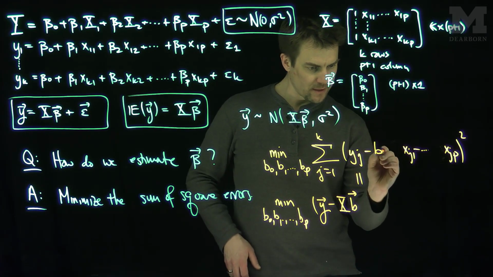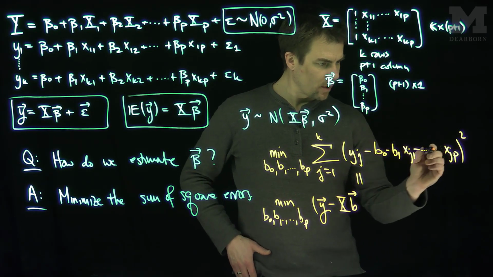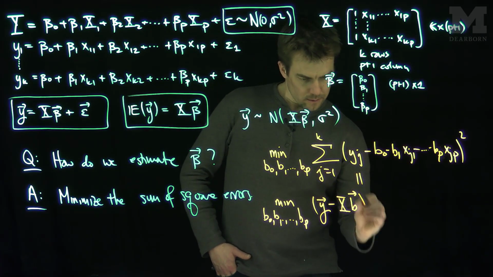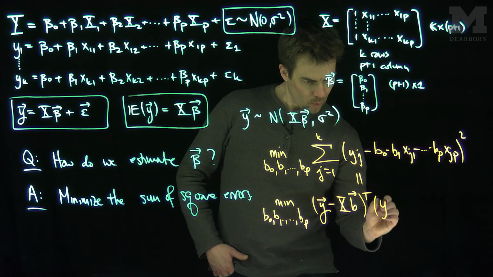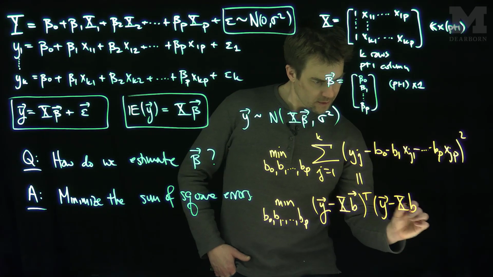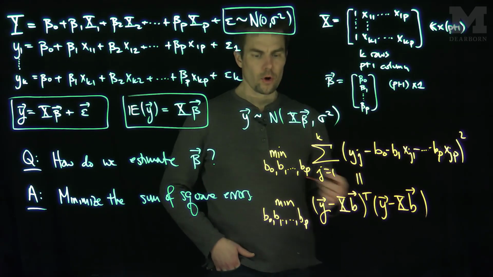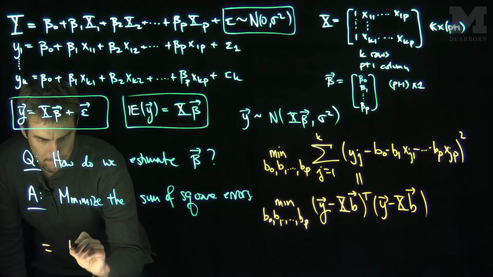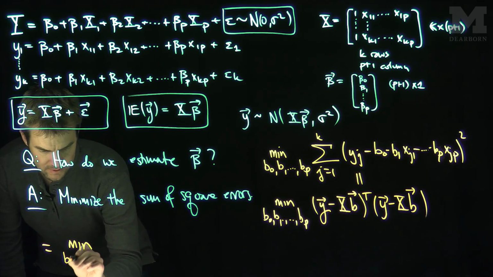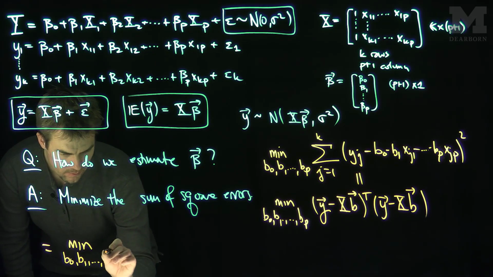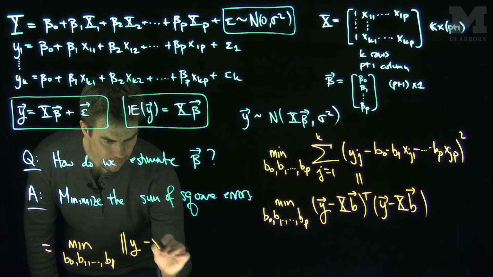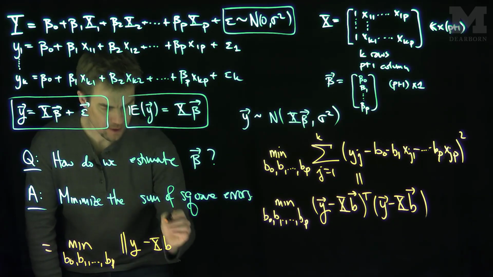So we want b0 minus b1 x1 minus bp xp. This is exactly the same as minimizing over b0, b1, bp the length of y minus x b